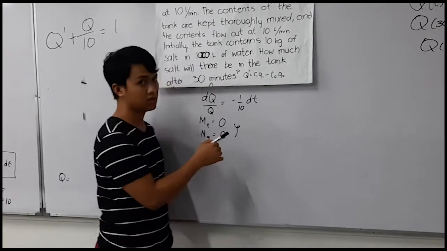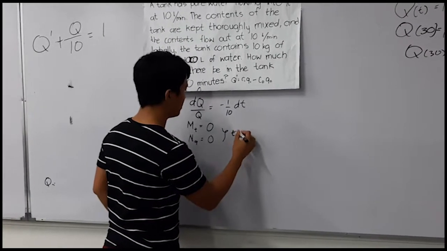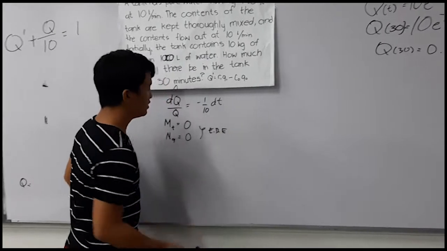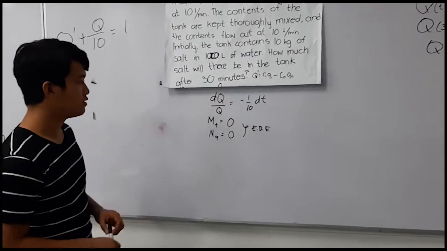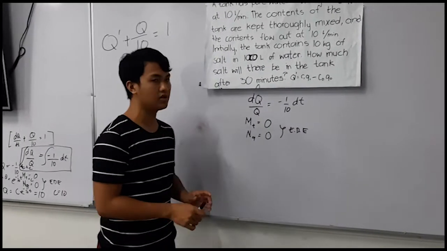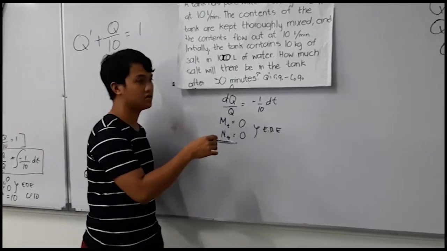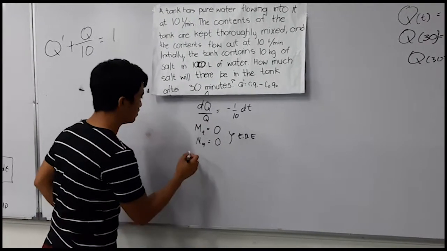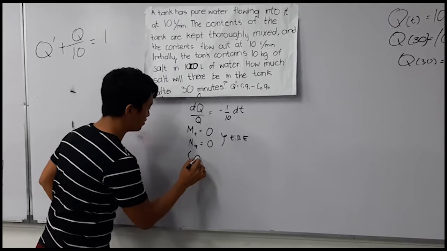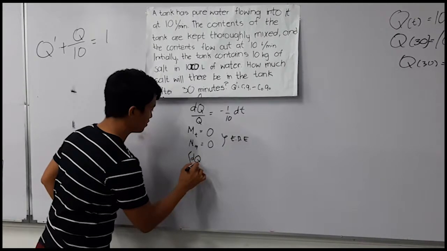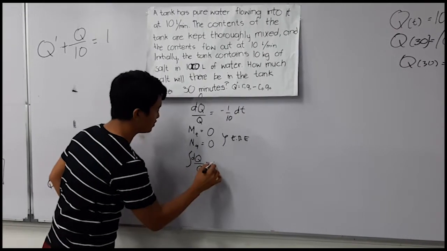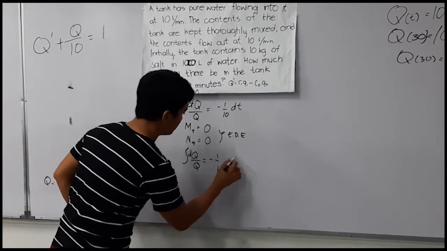Therefore, this equation is exact. Since we proved that this equation is exact, we're just going to integrate the equation. So, integrating this, dq over q is equal to 1 over 10